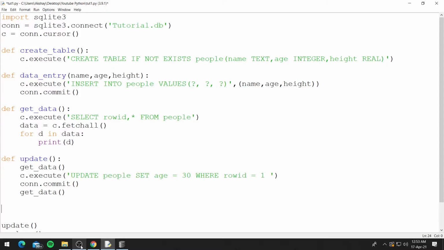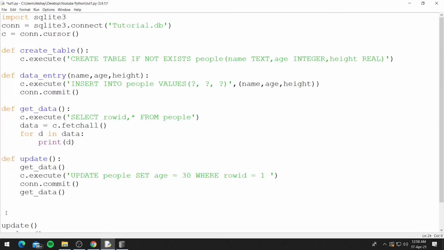But in this case, it is not necessary to backup the entire database. You can just backup the table before performing the operation and then cross-check the tables. And as I said, this is not the only reason to backup your database. Let's say your hard disk crashes, it gets damaged or the data corrupts. A lot of things can happen. So to be safe, you must backup the database and also make sure the backup you create is not on the same hard disk or the same system, so that you don't lose your backup when your system or hard disk crashes. So anyways, let's look at how to backup a database using Python.